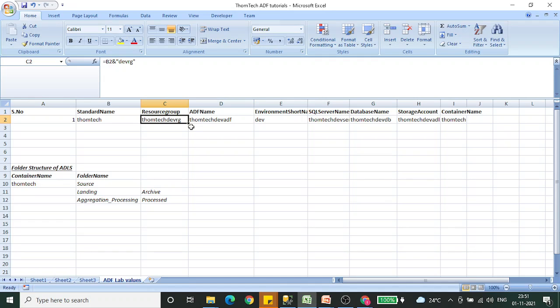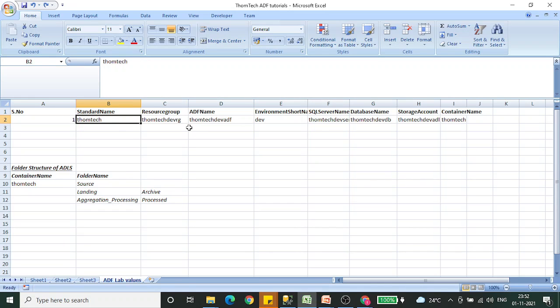With this cheat book, we can retrieve the naming convention with respect to any project. This is not a very standard naming convention, but we can follow this in order to create our POC projects. So the standard name can be your project name. It's ThomTech, like my channel, so that's why I'm putting this name. You can put your POC project name, so automatically that should reside. Let's suppose we put something like Thomas, so the Thomas will be replicated across this sheet and we can take those and proceed further.